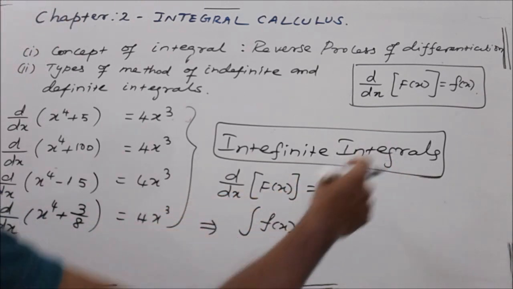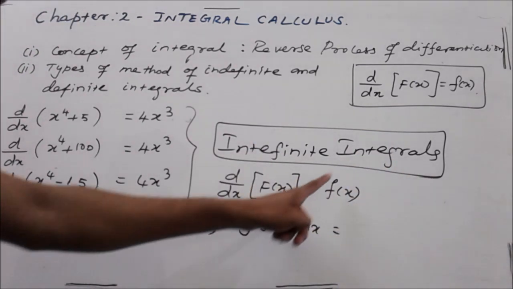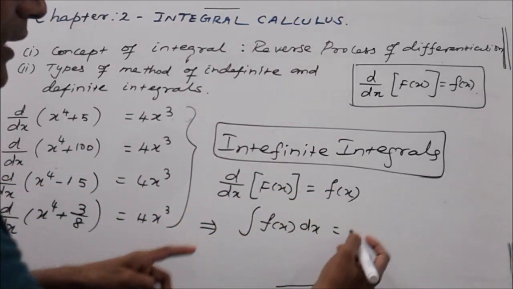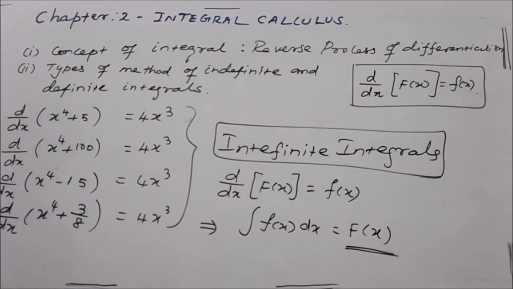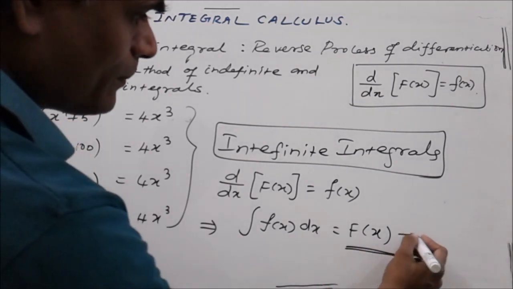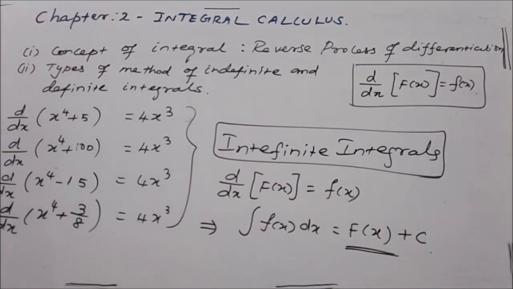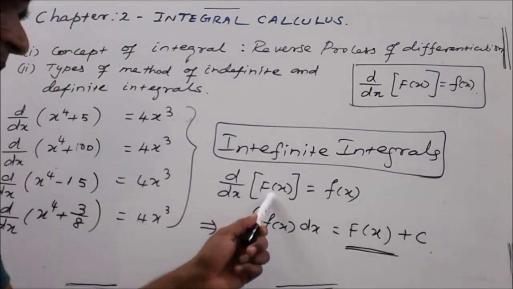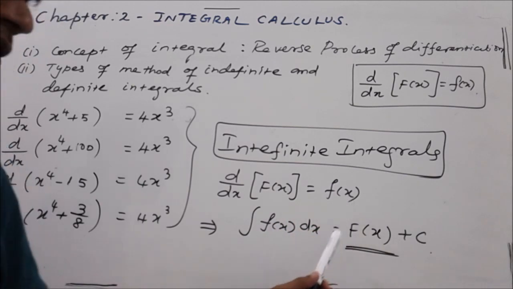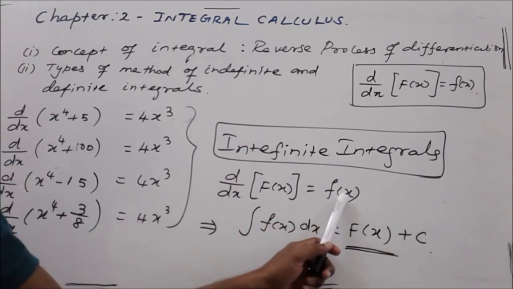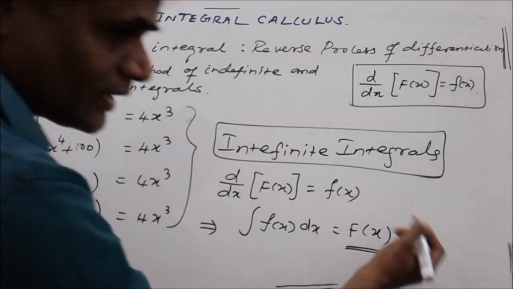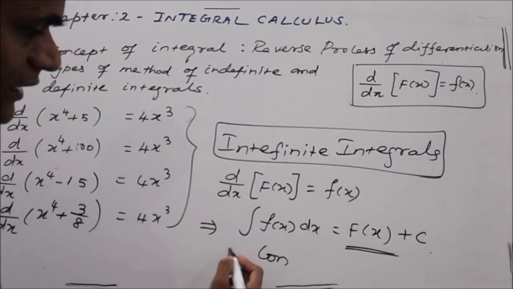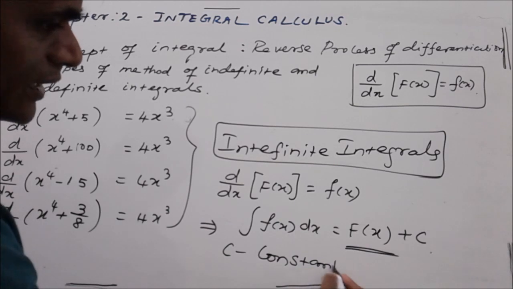Cross multiplying, d of F of x is equal to f of x dx, and then integrating on both sides, the integral of f of x dx is equal to capital F of x. This is the primitive function, and then there is a constant involved in it. We apply that constant as c here. So d by dx of the primitive function is the derived function small f of x, and the integral of the derived function is the primitive function. That is the concept of integral here, where c is known as the constant of integration.